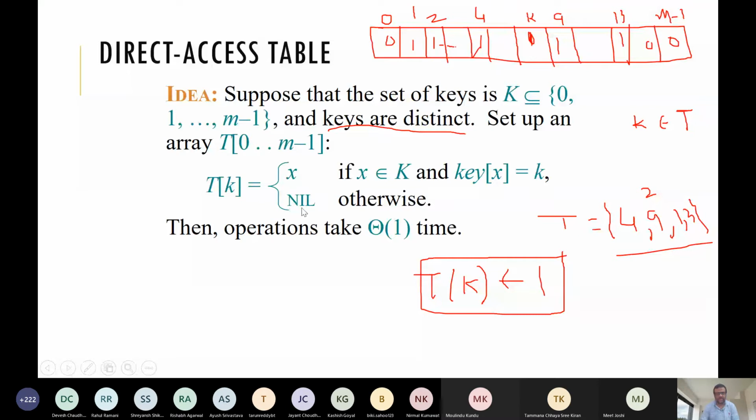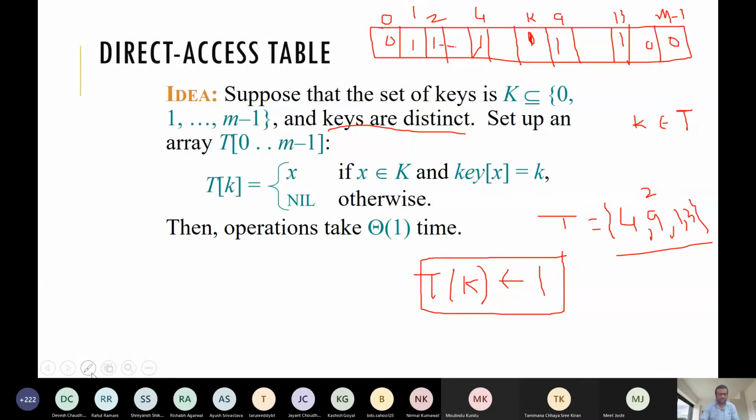Sorry, this is 1. Otherwise it means 0. That record is not present there. So that is the way. Sir, but here it is written x, right? So what is x? x means the presence, or x means the record. So we have to somehow store that record. I mean, we have to somehow indicate that the record is present there. So that indication we are doing with 0 or 1.